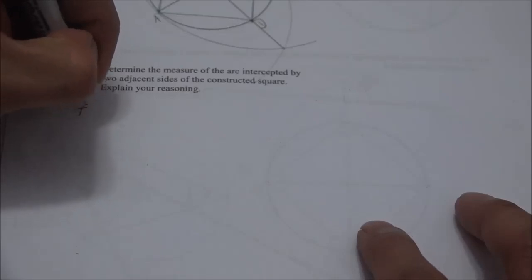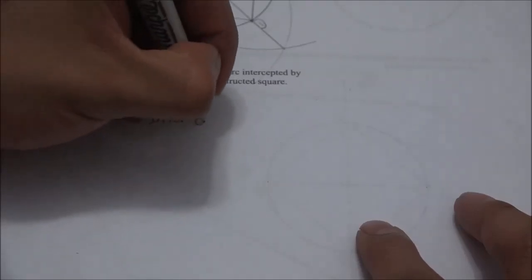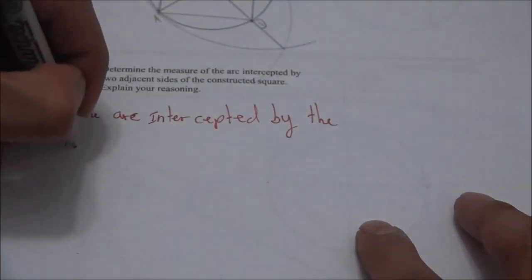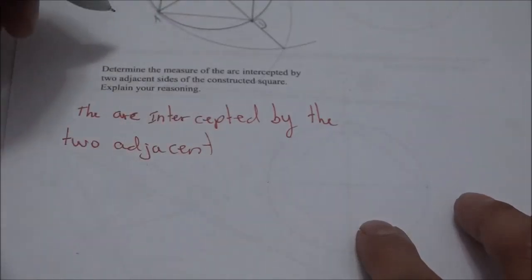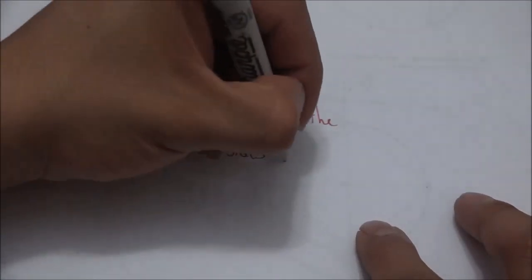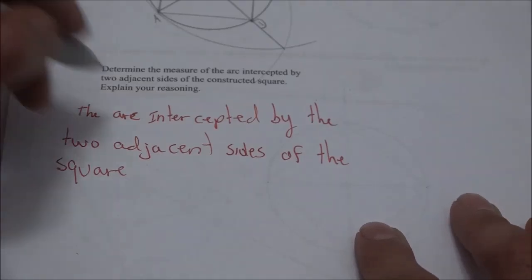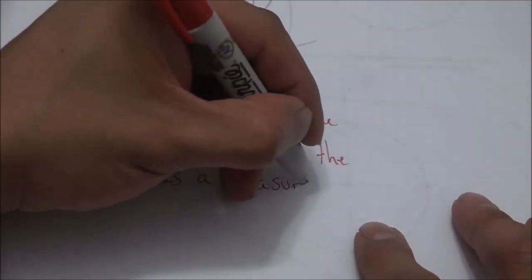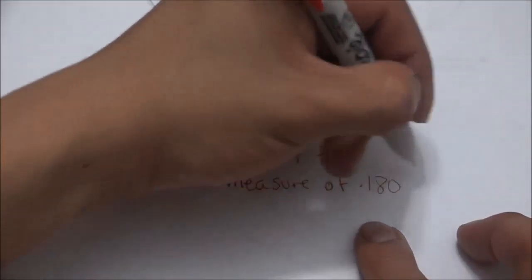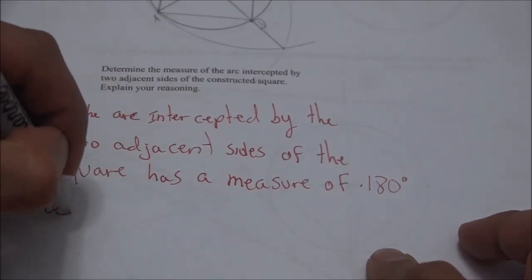Okay. So the arc intersected by two adjacent sides of the square has a measure of 180 degrees, because